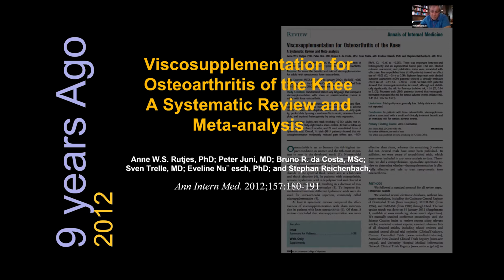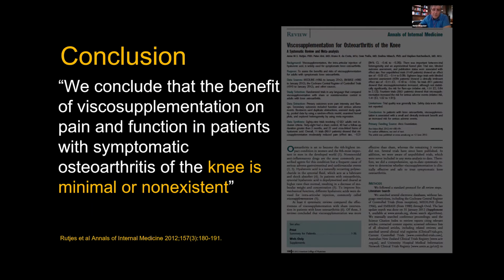Back in 2012, a paper in the Annals of Internal Medicine comes out. It's a reputable journal and a reputable group of authors. They've done a systematic review some years ago, as you can imagine, and this is the conclusion right then and there in 2012. So I'm curious, when you read this conclusion, as an expert who had done quite a bit of work in this area and thought deeply about it, what did you think about this particular conclusion?